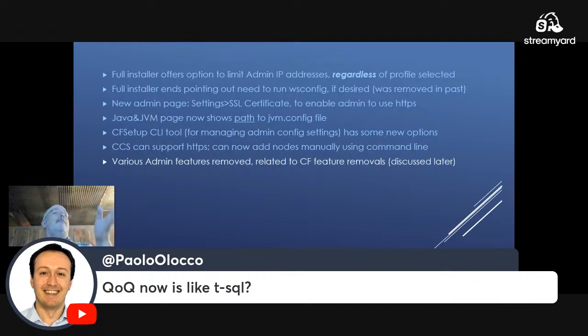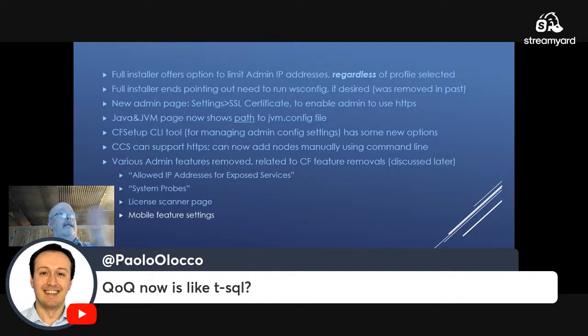And then various admin features were removed because certain features are removed in 2025, and we'll talk about those shortly. Among them are things like this. These are things that just are no longer there in the CF admin of 2025. Okay. There's also, related to JVM settings, there's a JVM arguments docs page that Adobe has